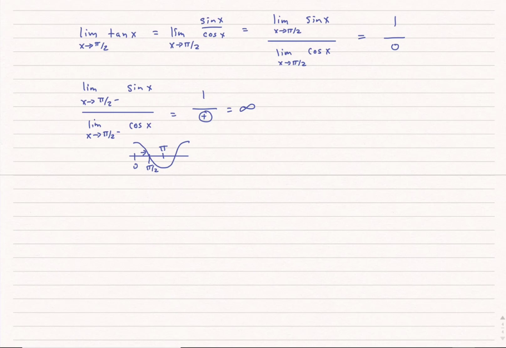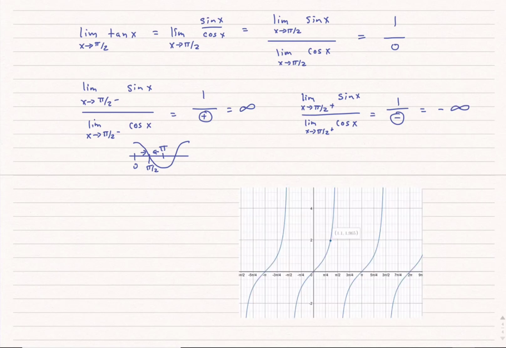However, when I look at this from the right-hand side, I think I'm going to get a different answer. This time, as I approach it from the right-hand side, it looks like cosine is negative. Therefore, this one's going to go to negative infinity. And if I look at a graph, I see that's certainly the case. Again, we should be able to do this without graphs,